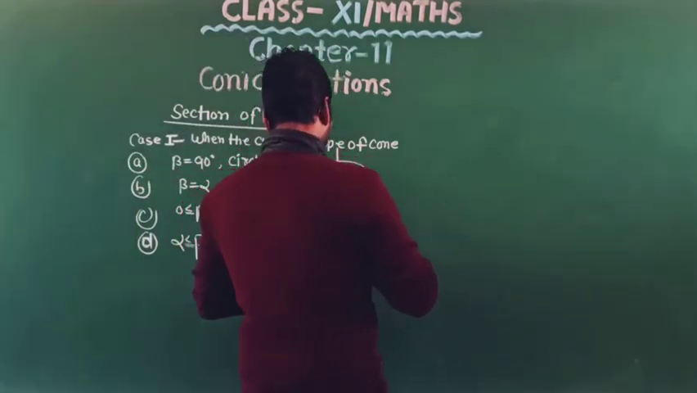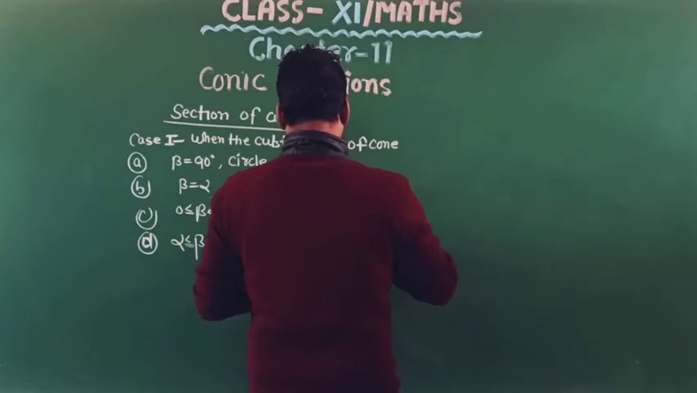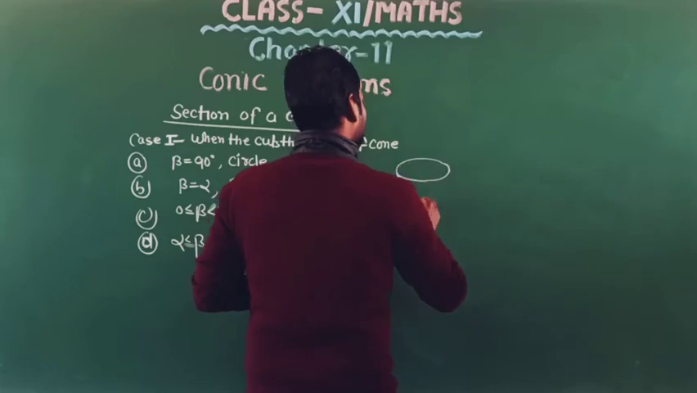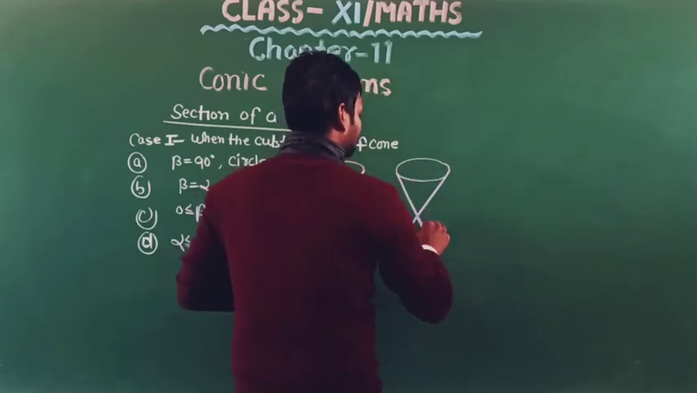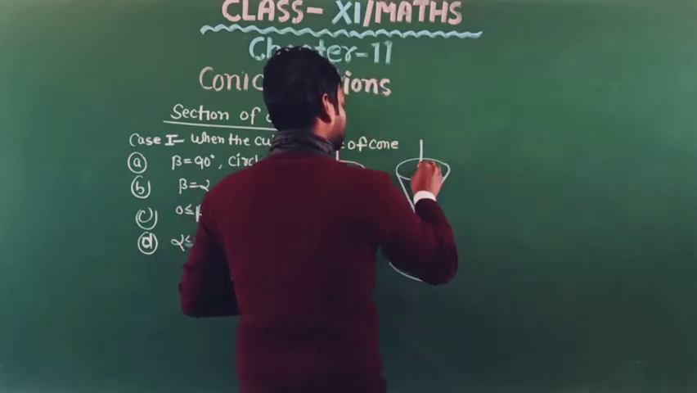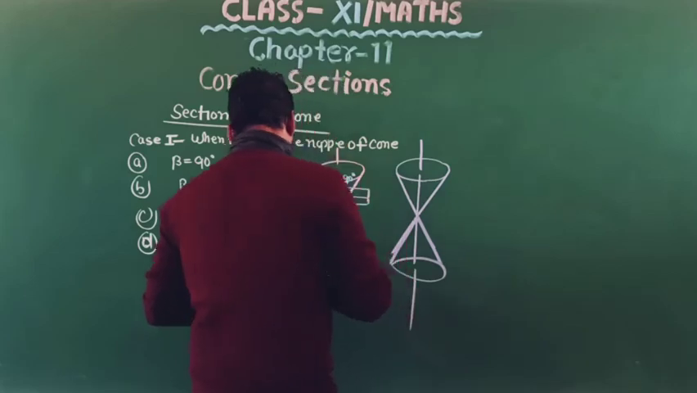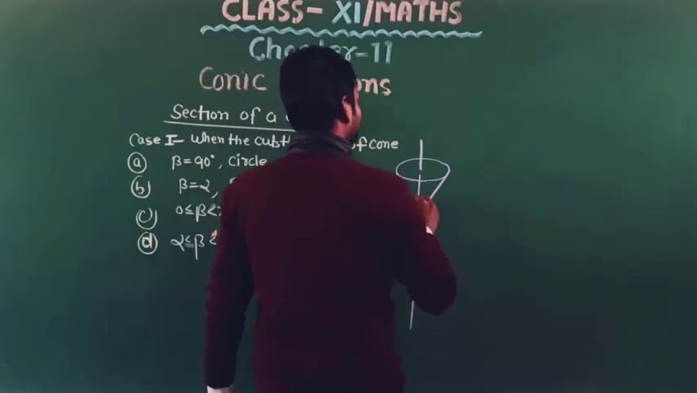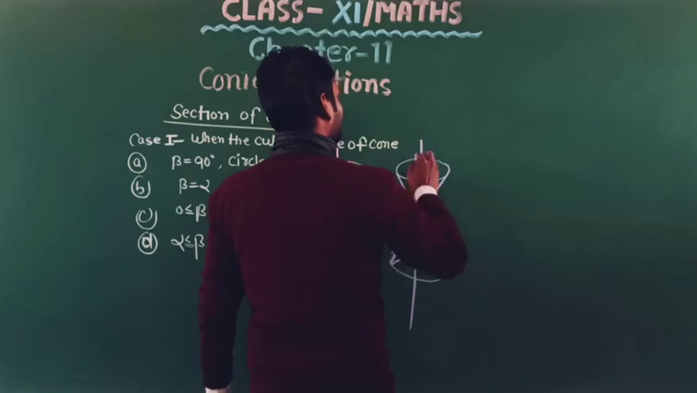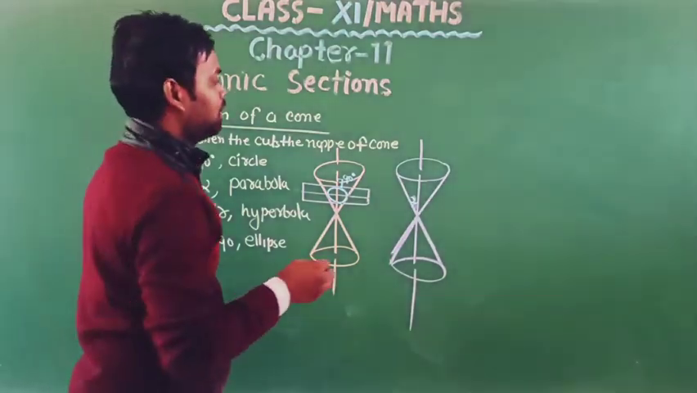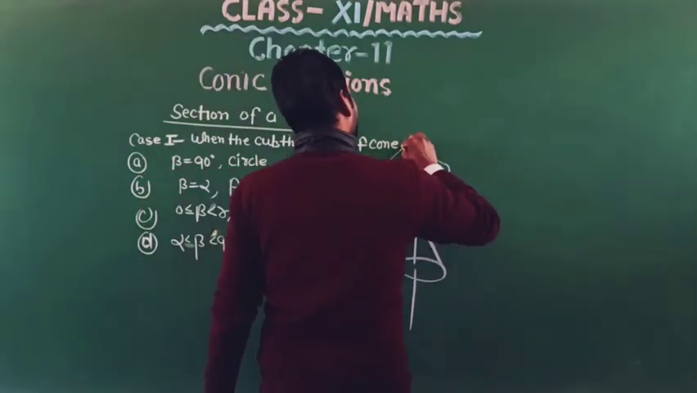Second, beta equal to alpha. Suppose this is a double right circular cone. Here this is angle alpha, and if the angle between the axis and the plane is equal to alpha, in this case the section obtained